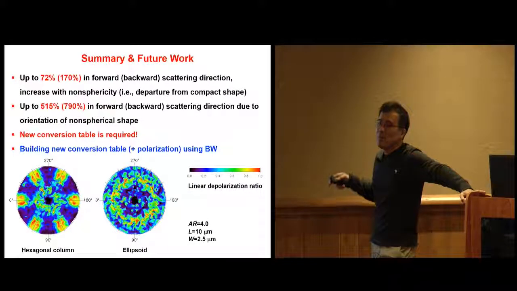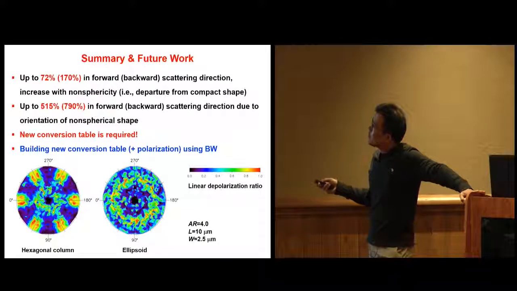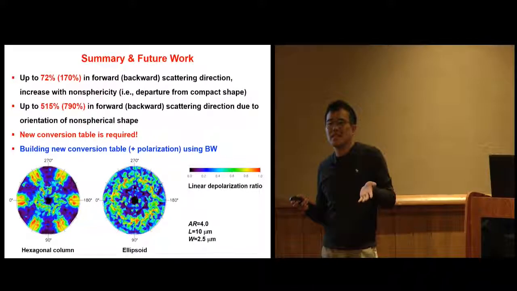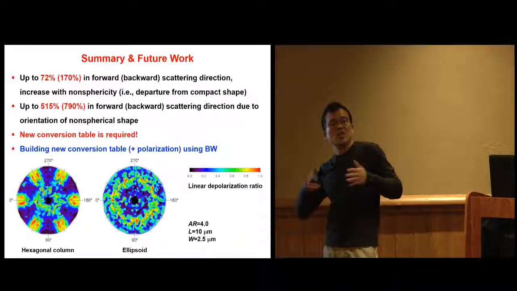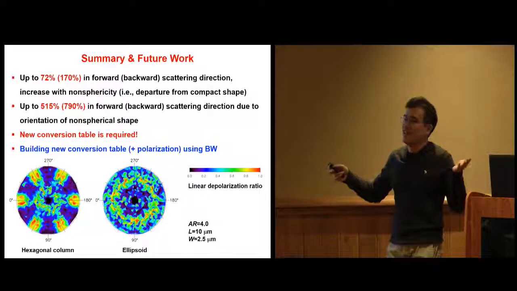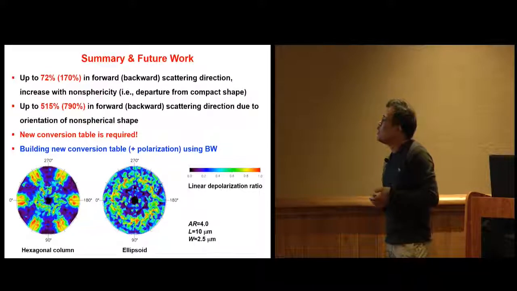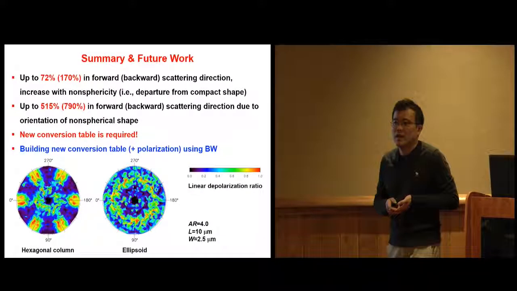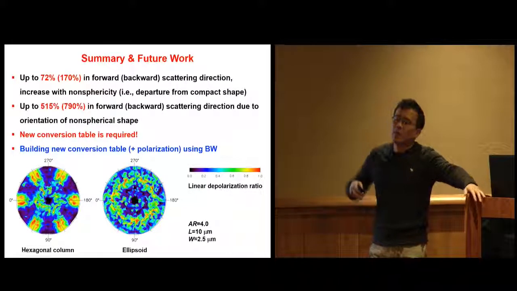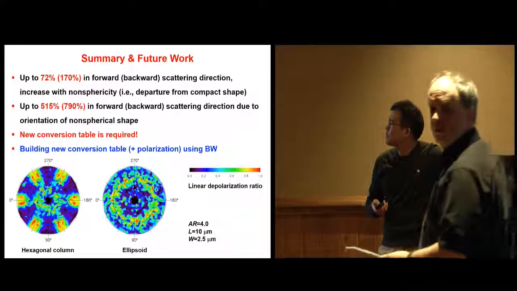That means we need new conversion tables. This conversion table was built in the 70s, and there has been no improvement in more than 40 years, and we have to make that. So now I am building new conversion tables, and I'm also using polarization properties of these particles